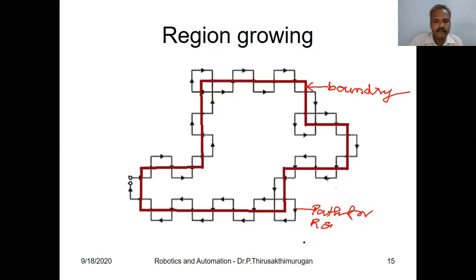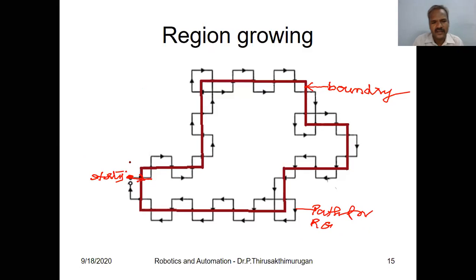Here we have to start. This is the starting point. We enter into the first pixel towards this direction.